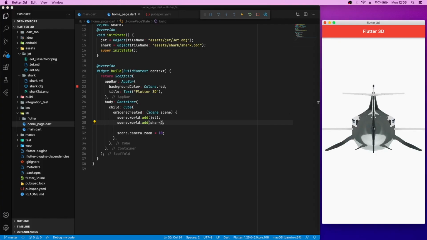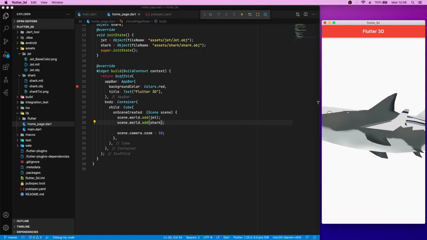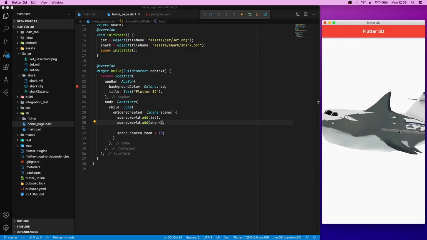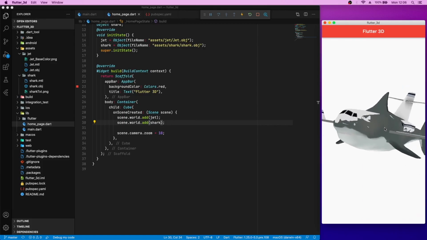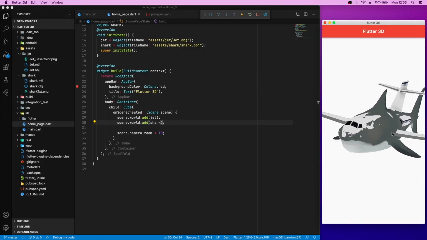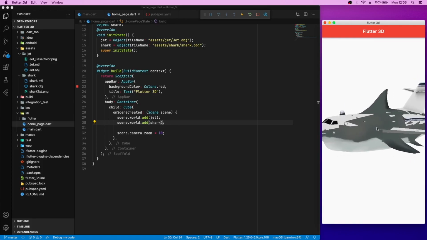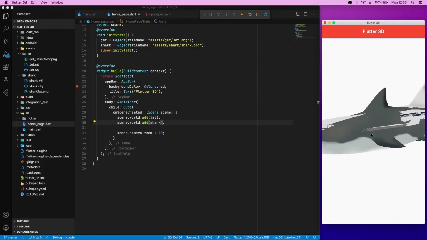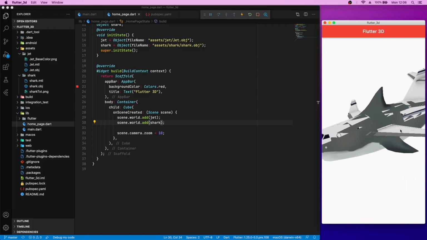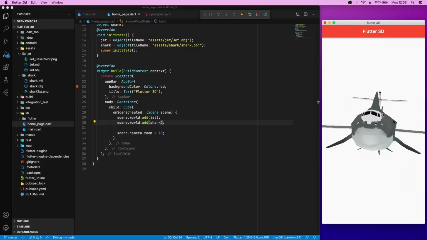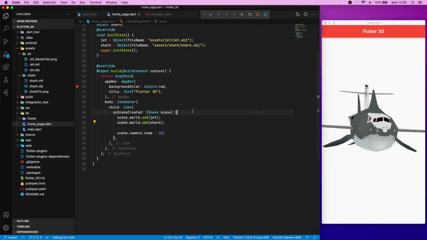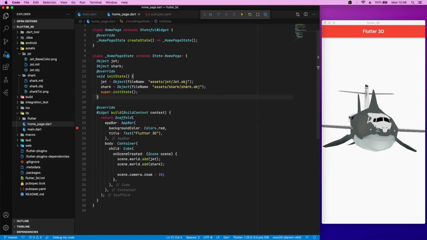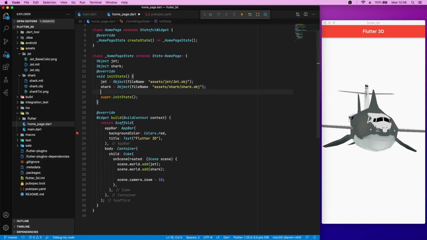You can see both of our 3D objects have been imported, but they seem to be mashed together because they both have the same position and same rotation value. They will be rendered in the same location. So now what we can do with the 3D objects is change the x, y and z axis of the objects. So let's try to change the position values of this shark object here.